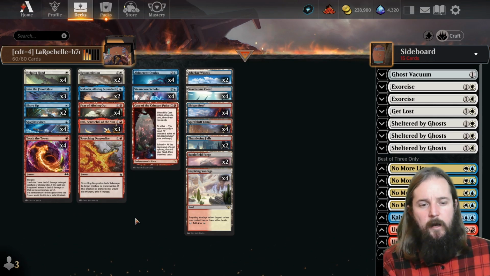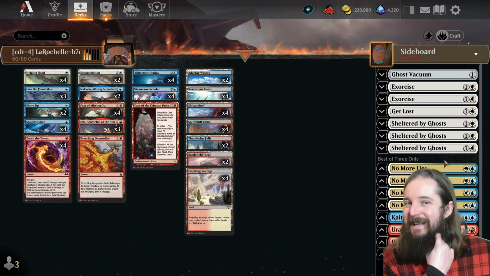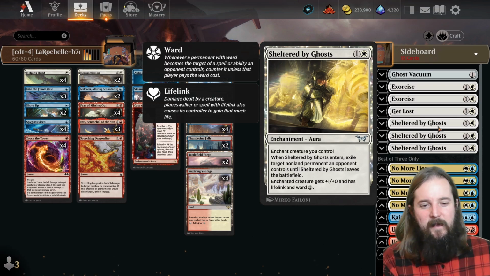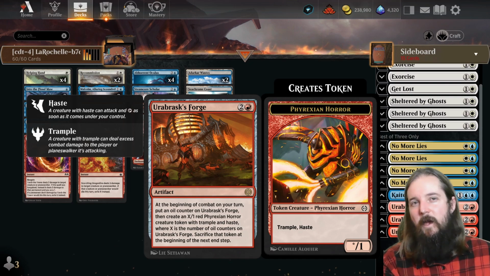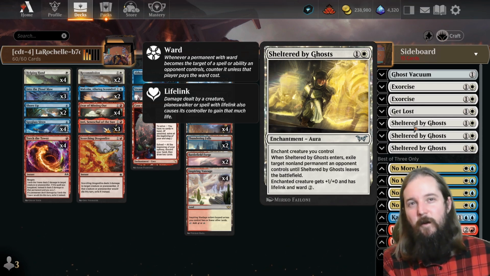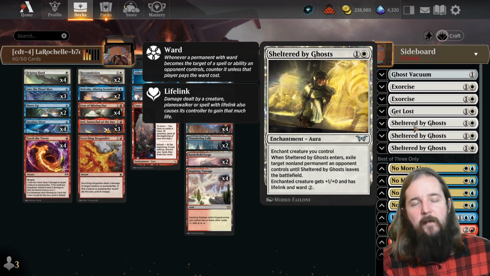And then sideboard. Your sideboard looks good. I think that it's not missing any key cards in my opinion. Personally, I'd probably be on the Authority of the Consuls over the Sheltered by Ghosts. They're both enchantments for your Delirium count, but the Authority of the Consuls I feel like is a little bit better against the other Urabrask's Forge than the Sheltered by Ghosts. So again, not straight up across the board for most matchups. Sheltered by Ghosts and Authority of the Consuls are relatively comparable, but I think that would be one that I personally would change. And then the last one is